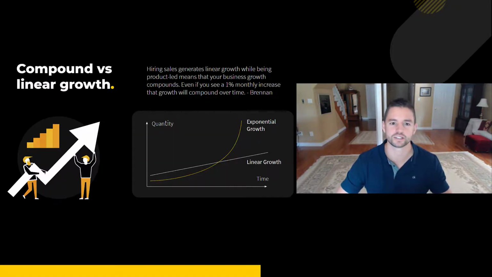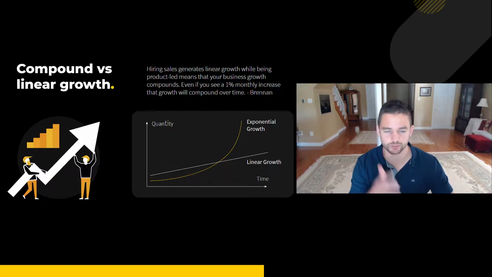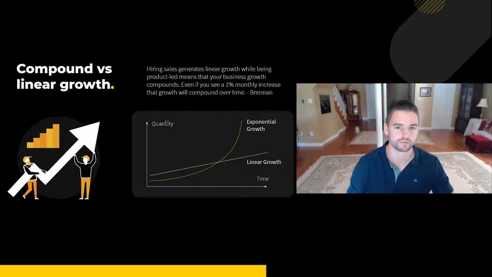And the last part of building a dominant growth engine comes down to compound versus linear growth. So when you think of a product-led organization, what's really fascinating to me about it is that, let's say you look at their onboarding experience and you realize that their free to paid conversion rate is underperforming. Okay, so you spend a quarter or maybe a month improving that, and you might only get a 1% increase month over month for that free to paid conversion rate. But then after a while, that 1% month over month improvement really does compound very quickly.